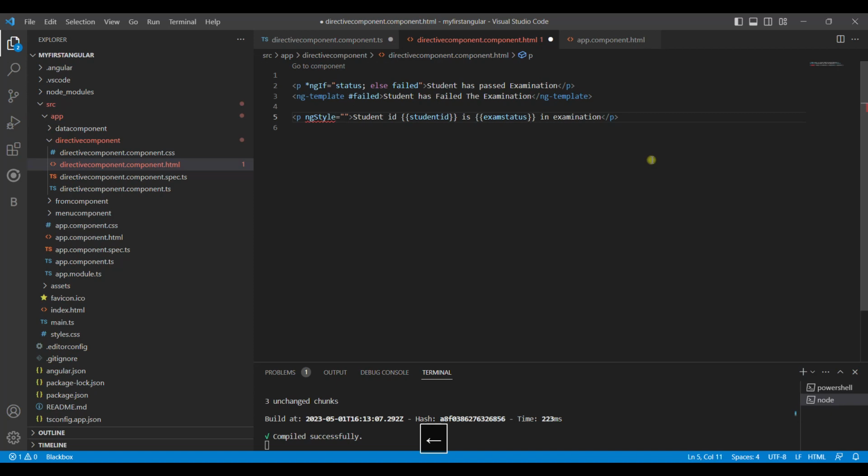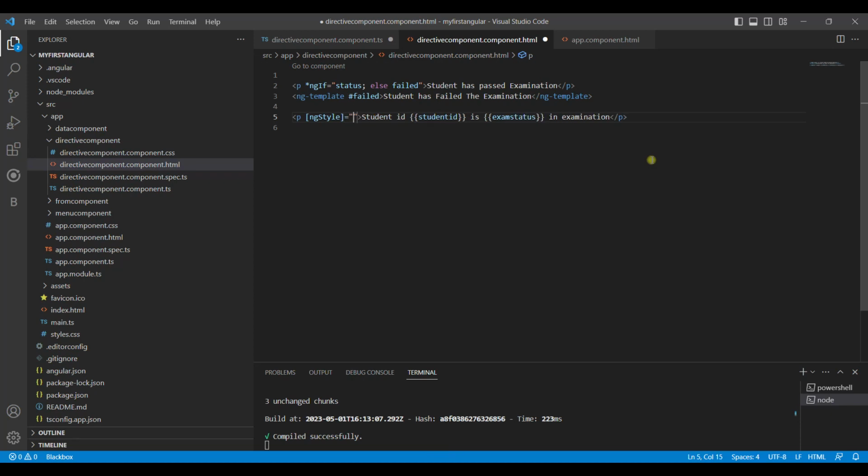Okay, the directive name is ngStyle, but to achieve the condition we will be using property binding. Remember, the directive is ngStyle, but we are explicitly using the property binding over here, and in that property binding